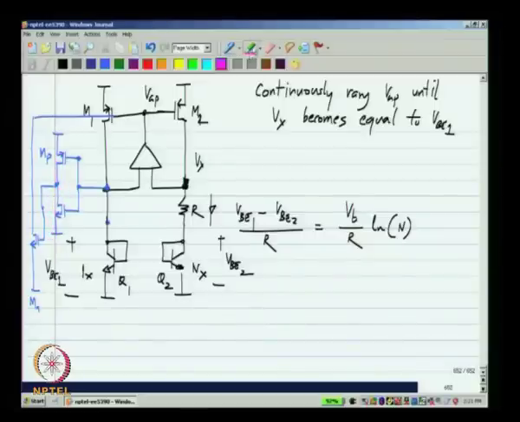Now, of course, all these things have to be adjusted by simulation, the sizes of all these things. This Mn will be rather weak, that is, it will carry a small current to begin with, and that current should become even smaller when this voltage goes to the appropriate value. Let me call this Mn dash. The MP and Mn dash should be sized such that when this reaches the appropriate value over all process corners, the current in Mn becomes negligible. So, this is an example of what is known as a startup circuit.